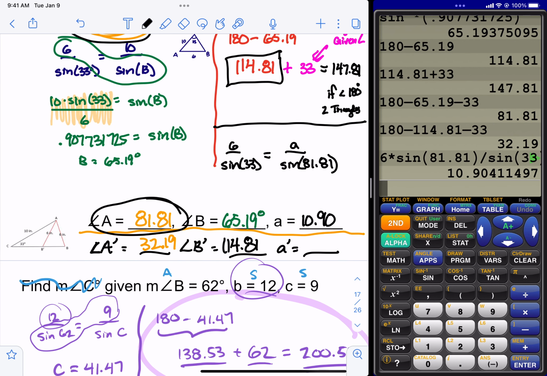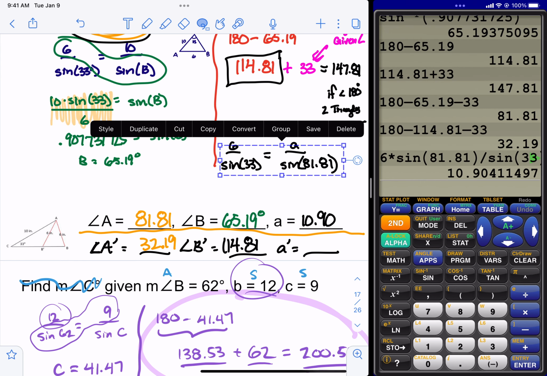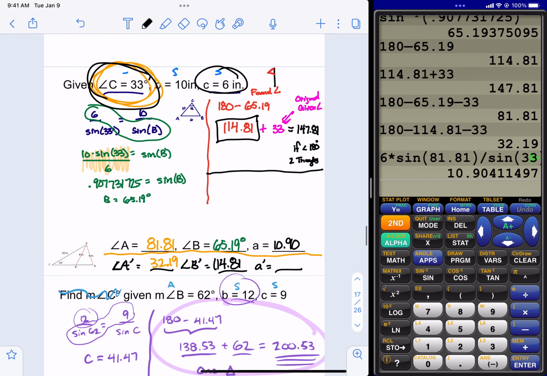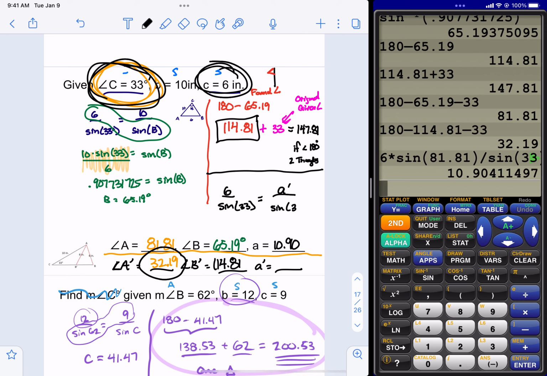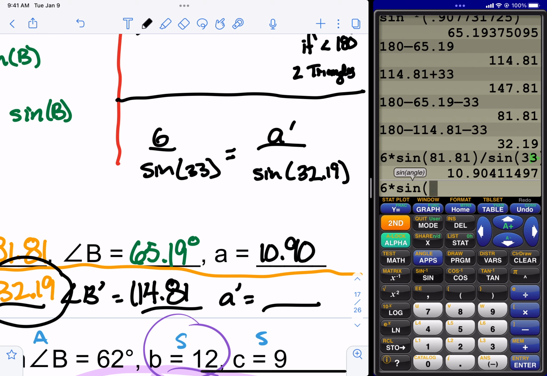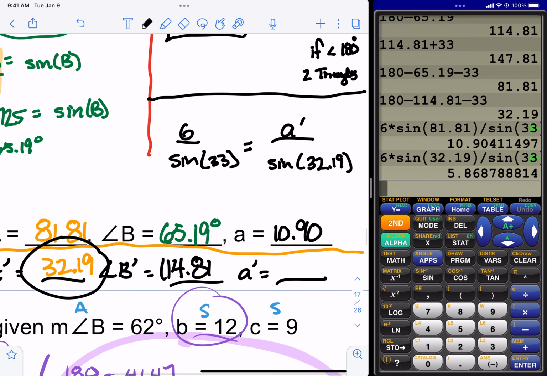For the last part of this problem, we're going to find the side A prime. So looking at A prime, I would set it up the same way. So again, I would use side C and angle C. So I would have 6 over the sine of 33 degrees. And then to find A prime, I'm going to need to use angle A prime. So A prime would be sine of 32.19. And then when we solve this, again, it's going to be 6 times the sine of 32.19, and I'm going to divide that by the sine of 33 degrees. And that's going to tell me that side A prime must be